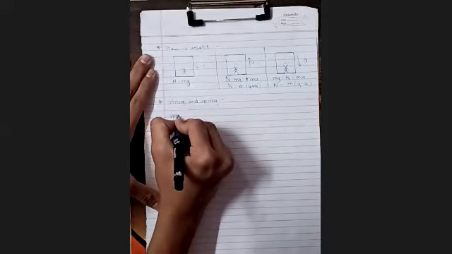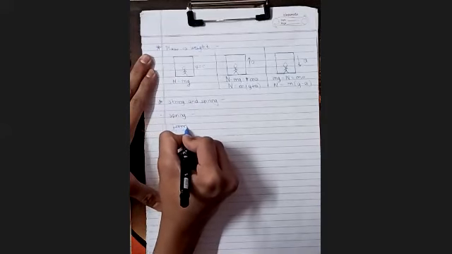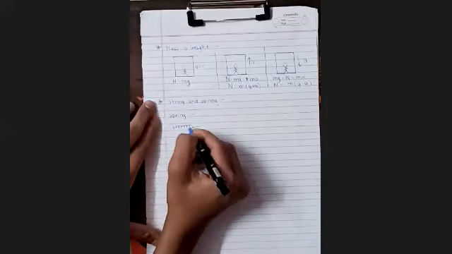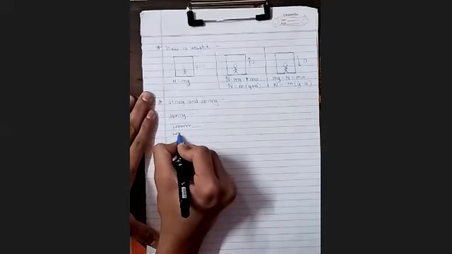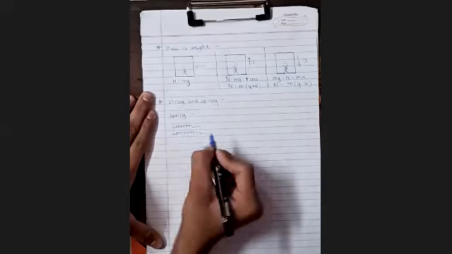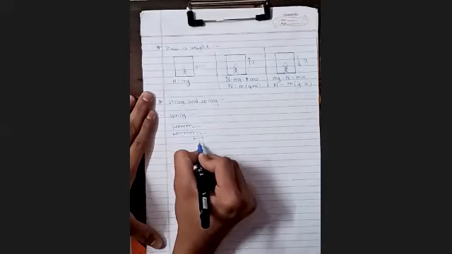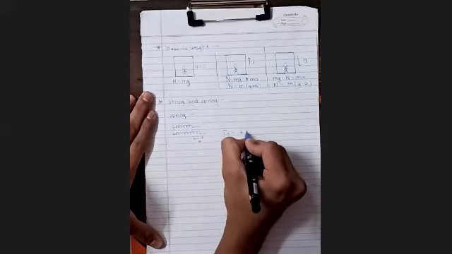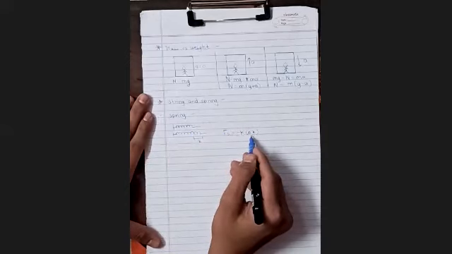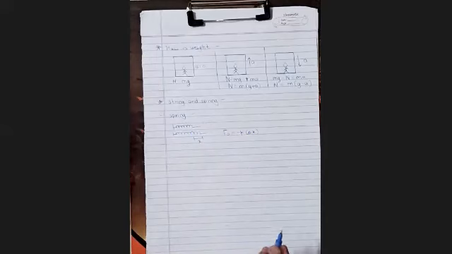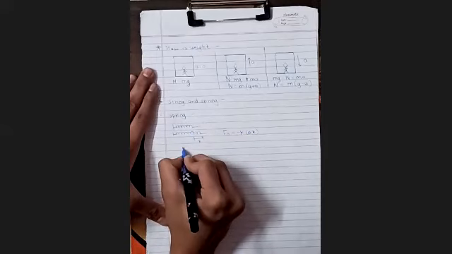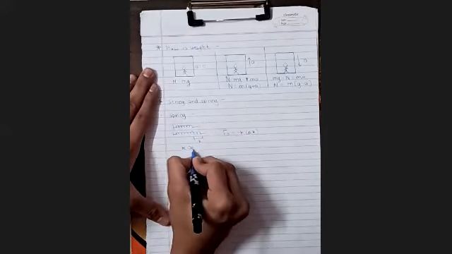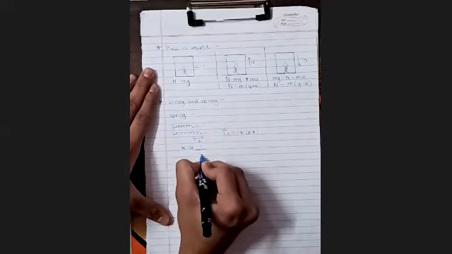If there is a spring, this is the natural condition of the spring. If we extend the spring by x, here spring force is equal to minus k into delta x. Here k is the spring constant and x is the extension or compression in the spring. Also, k, the spring constant, is inversely proportional to the length of the spring.